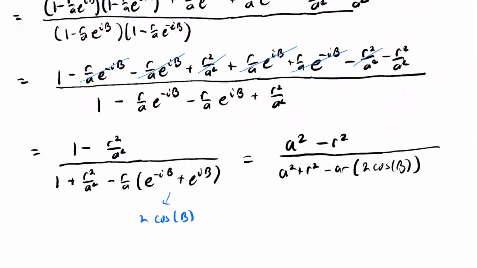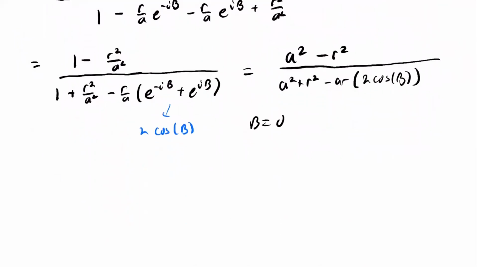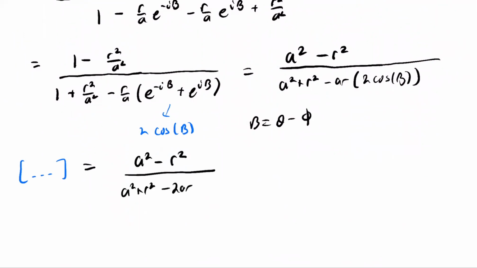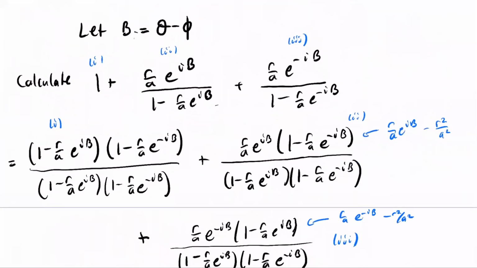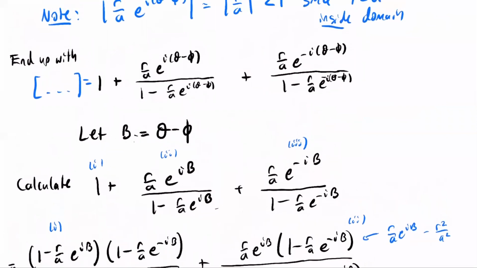Right. And so finally, remember that b is equal to theta minus phi. So at the end of the day, this term in brackets from earlier is equal to a squared minus r squared divided by a squared plus r squared minus 2ar cosine theta minus phi. Okay, so that was a very tedious calculation, but it's interesting in the sense that we had